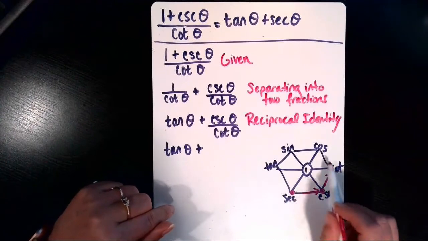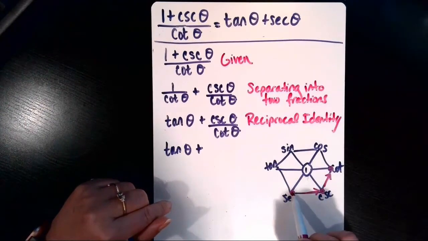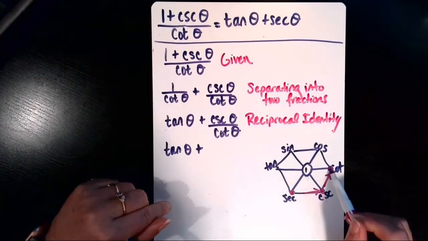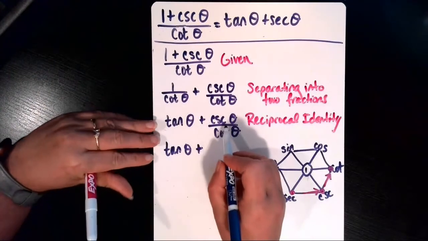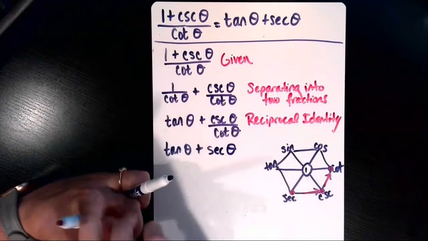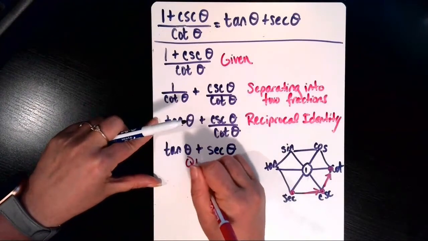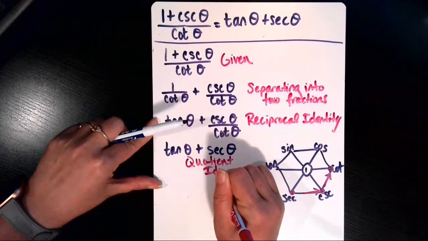That's moving counterclockwise around our hexagon. So secant is the quotient of cosecant and cotangent. And so I can change this into secant of theta using a quotient identity